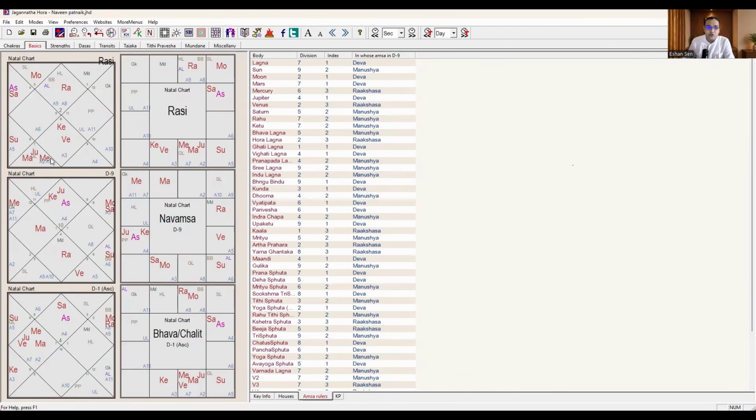Mercury is sitting in the house of enemy. Mercury, being the 5th lord and the 2nd lord, is sitting in the house of enemies. So over here Mercury is debilitated. That is, his enemies are of less strength. The strength of the enemies is less. And that is why he won the election. There is a conflict, but the whole world will see what? He has been a successful chief minister.